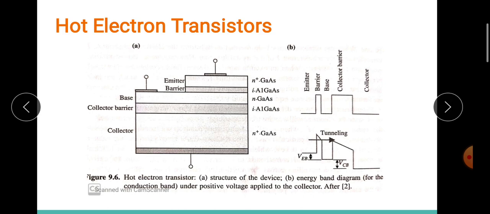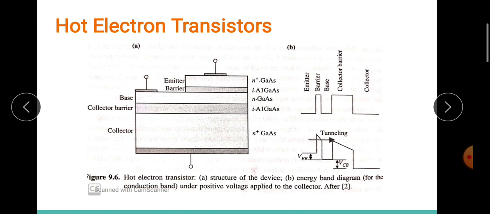And the current gain through this base, alpha, okay, we basically prefer alpha's value to be close to unity. And we can make the value of alpha close to unity if the scattering in the base region and the reflection in the collector barrier is reduced. Just as we said in the case of HBTs, the same condition, right? And also the base transit time, see when the transistor is polarized, is of the order of very few femtoseconds.